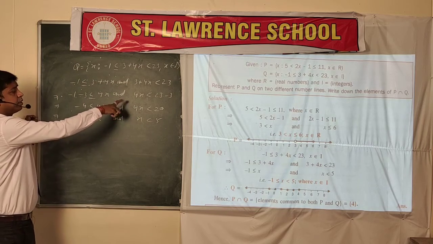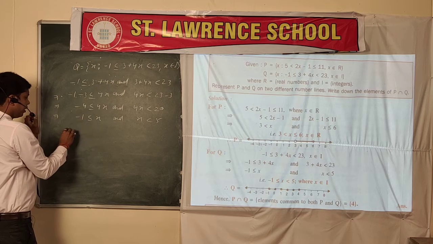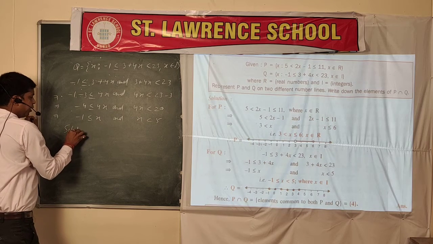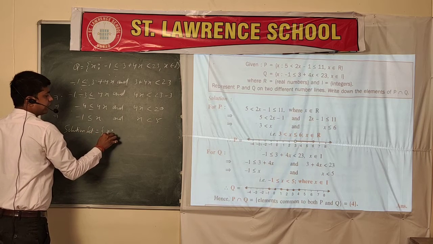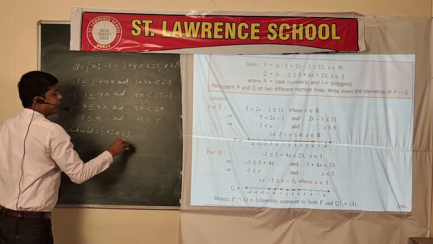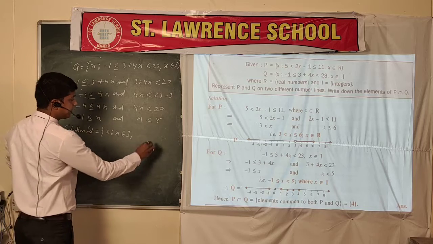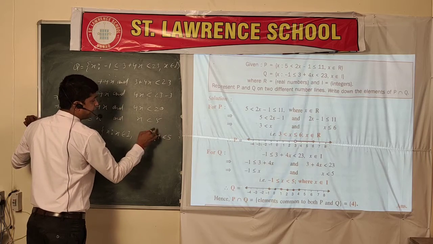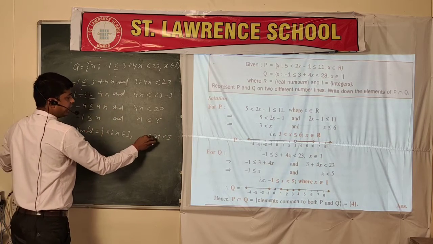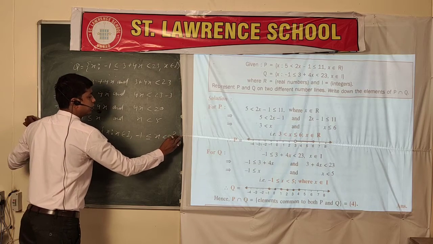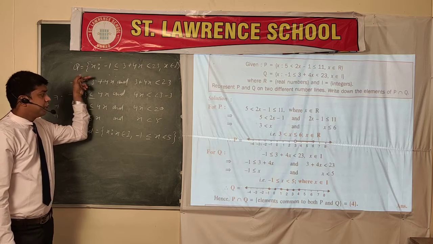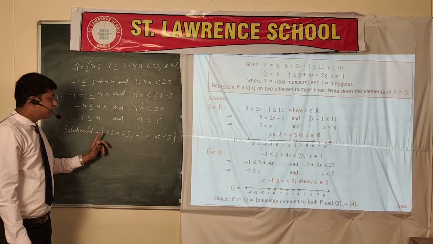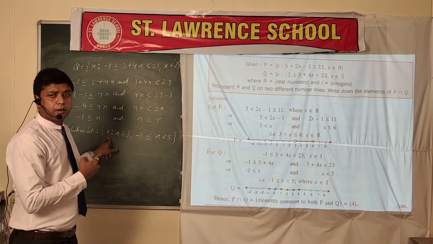When we write the solution set of this inequation Q, let us write solution. What we have to do, you see, solution set: X is such that X belongs to integers and X is less than 5 and greater than or equal to minus 1, and bracket close. This is the solution set of this inequation Q. I have written the solution set in the form of set builder form.